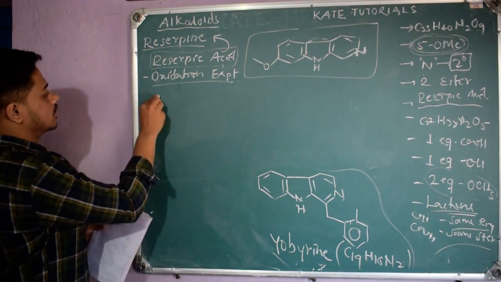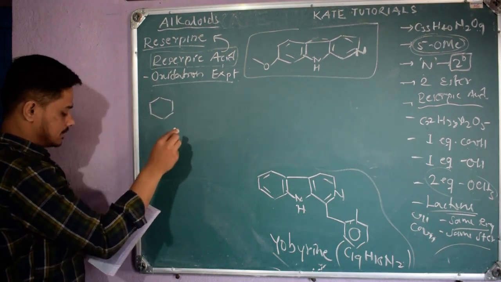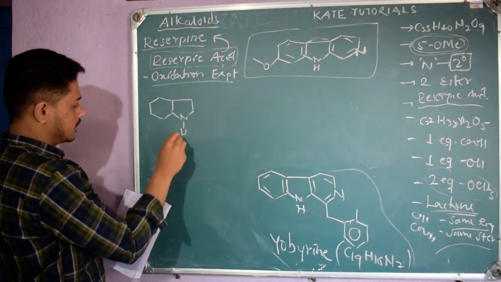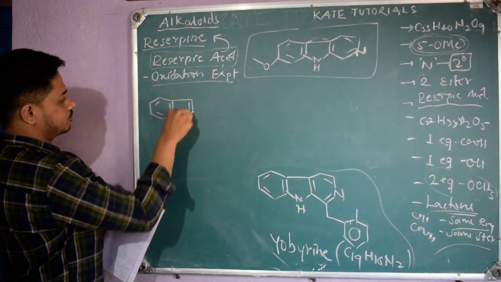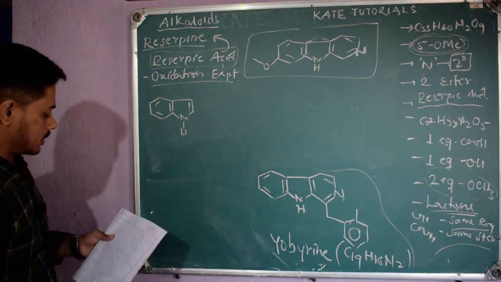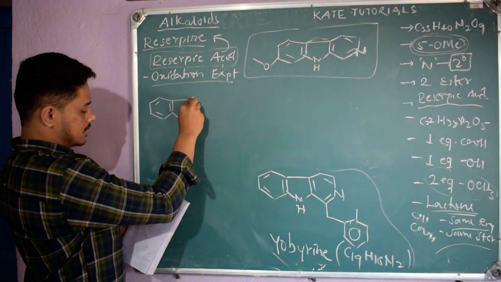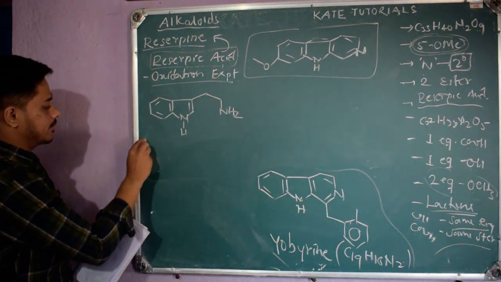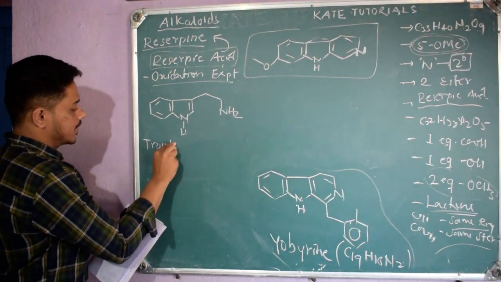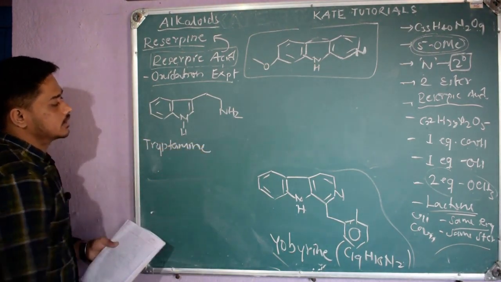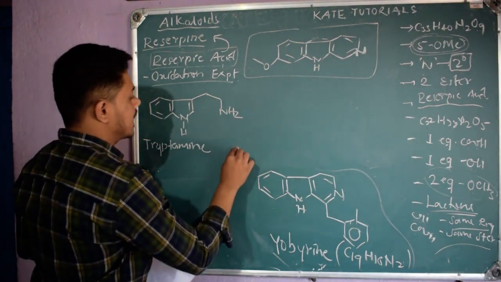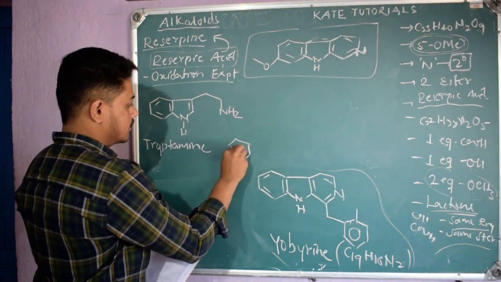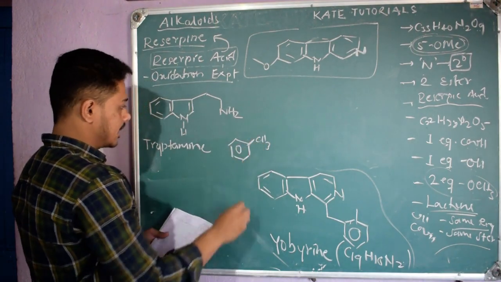So what they did, they took this compound. Can you name this? Right, so they took this compound, indole, right? And to this they added CH2, NH2. So they took this initial starting compound. The name of this is tryptamine. They took this tryptamine, and to this they added this compound, benzene ring, methyl, CH2